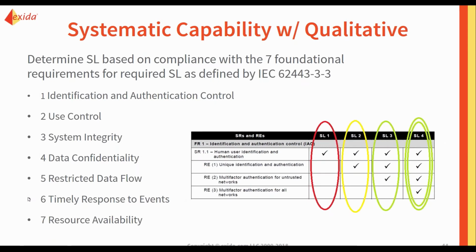When it comes to identifying whether or not the systematic capability has been met for our system, there are a number of different approaches that could be used. The IEC 62443 3-3 standard provides 7 foundational requirements. And for each of these foundational requirements, there are supplemental requirements and requirement enhancements. And so if a system is shown to meet all of the security requirements and the requirement enhancements for a foundational requirement, then you can go through and justify that that system was able to meet that security level for